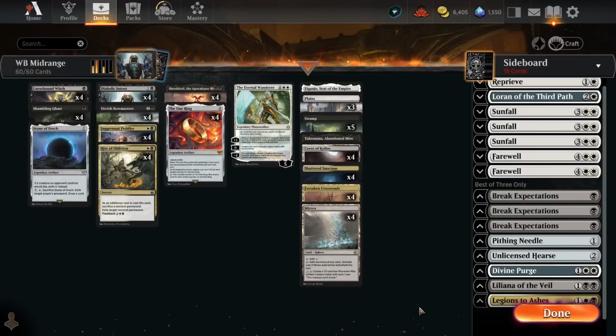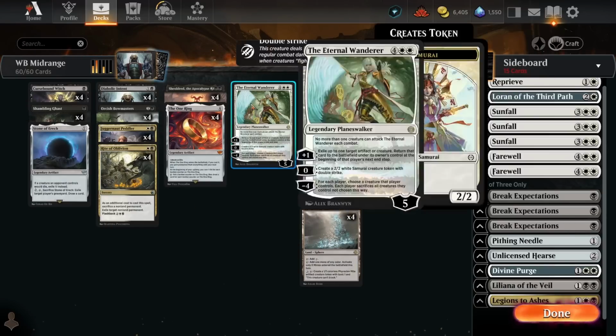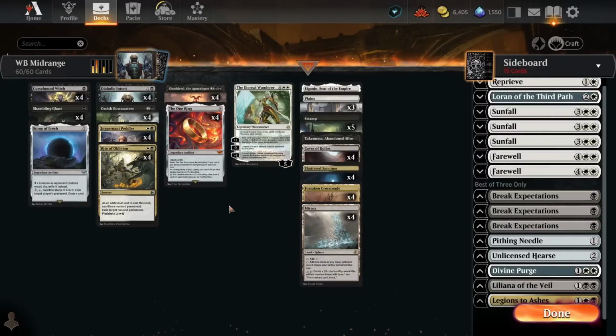And I also want to point out that Alchemy is going to go under rotation in about a week and a half, so on September 5th when Wilds of Eldraine comes out, Alchemy will be rotating, and a number of cards in this deck will be going with rotation. A lot of the key cards in the deck like Shieldred, One Ring and Bowmasters are still going to be legal, and they're still going to be the most powerful cards in the format. Stuff like Juggernaut Peddler, Diabolic Intent and Eternal Wanderer is still going to be about as well, but we do lose Cursebound Witch, Shambling Ghast and Rite of Oblivion, all of which are quite key players